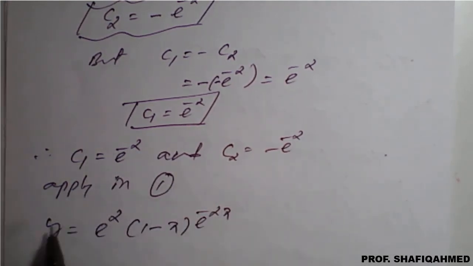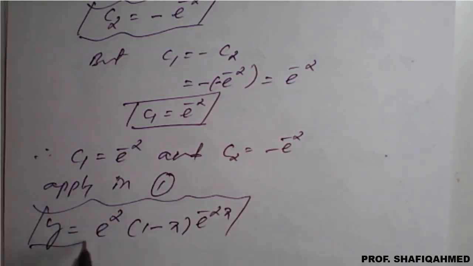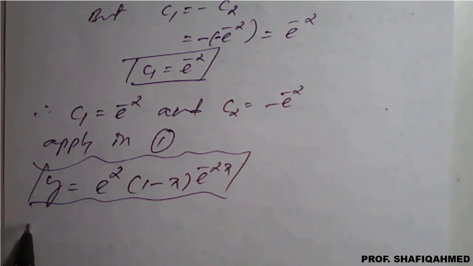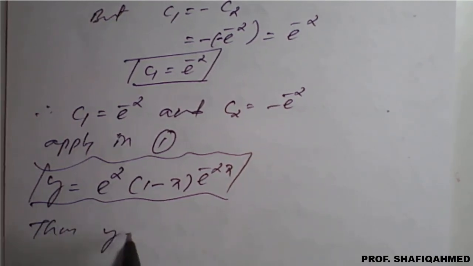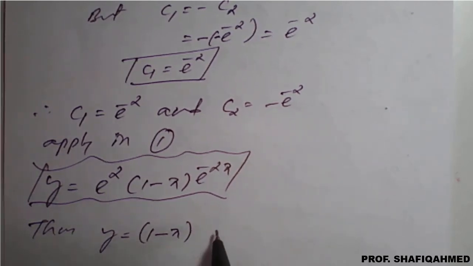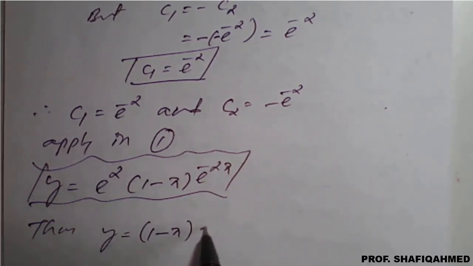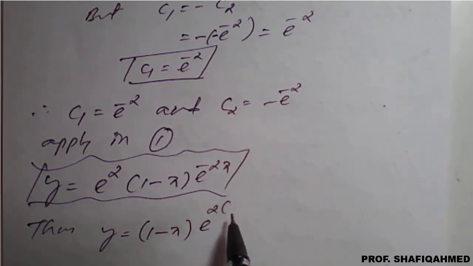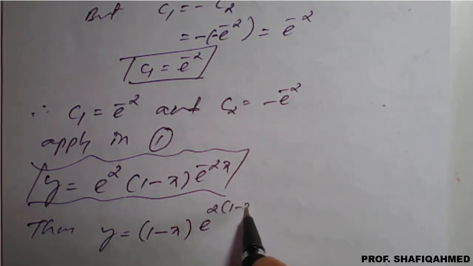You will find this result, and with the help of this we can conclude that thus y is equal to 1 minus x into, if you take the bases are same, e raised to 2, if you take common, it will be e raised to 2 times 1 minus x